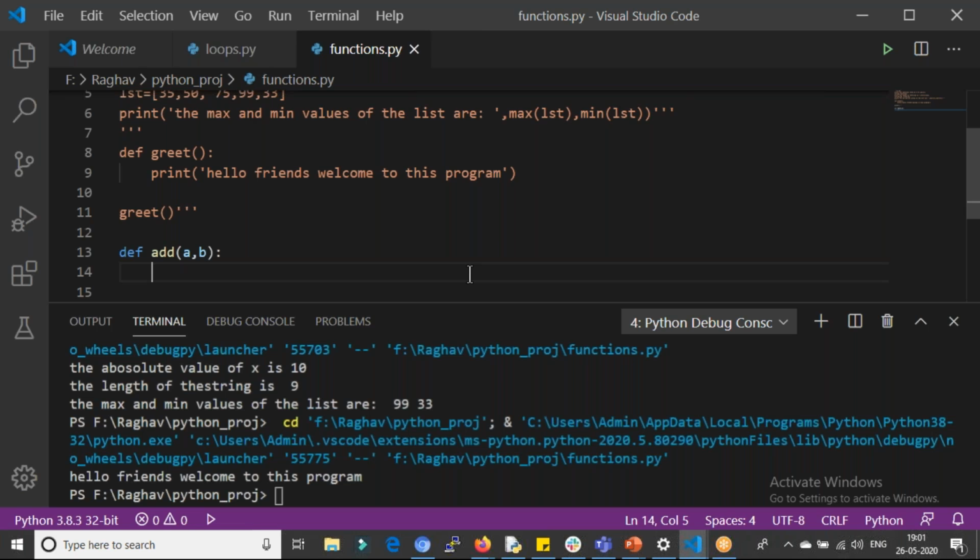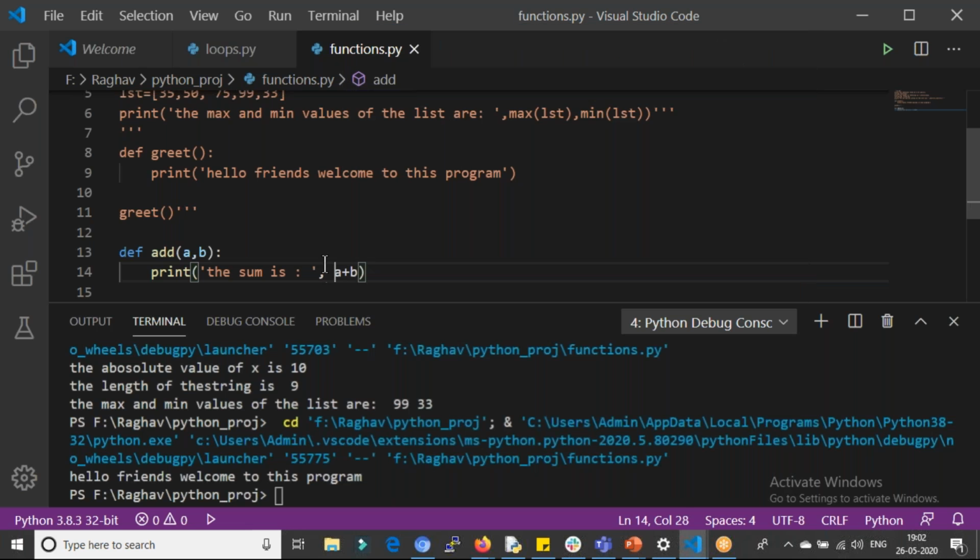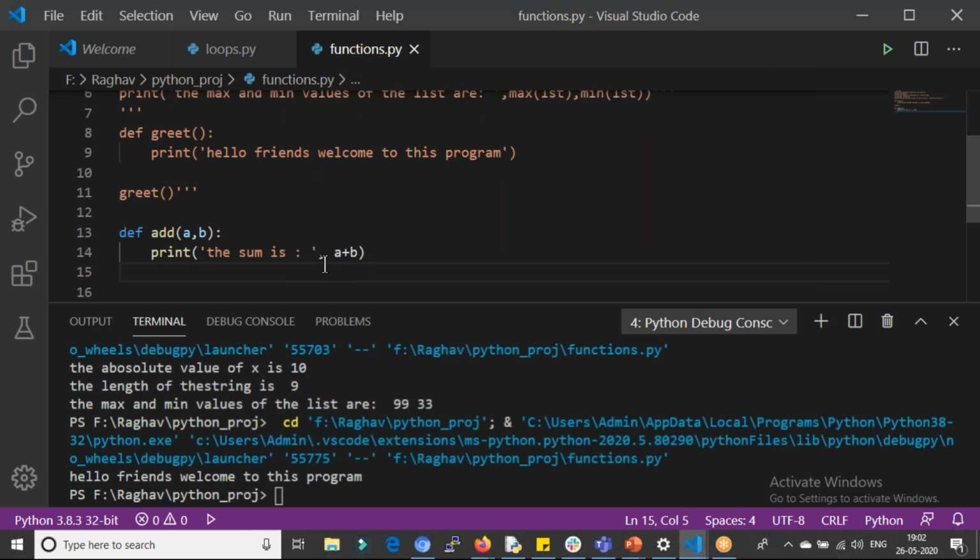So now I can say c is equal to a plus b, or else I can just directly print it. That's fine. Let's just do this. I'll say the sum is, and then a plus b. So the sum of the numbers will be equal to a plus b.